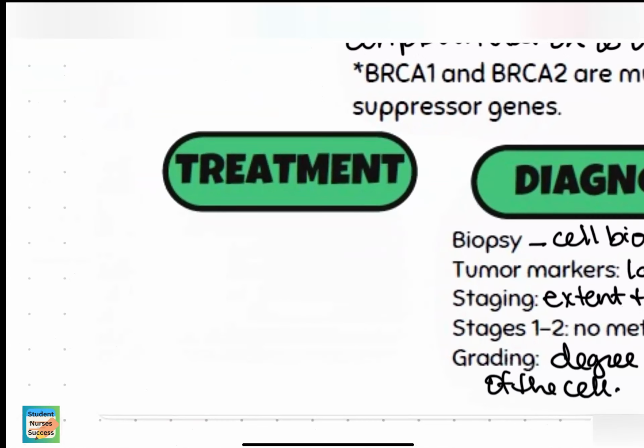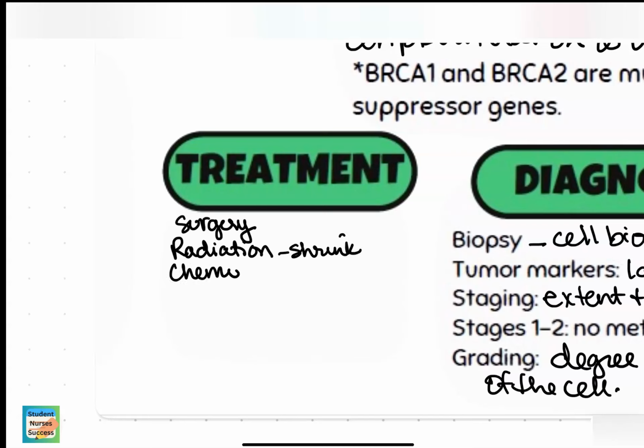And so our last one here is treatment. Every day we're discovering and trying new treatments. They include such things like surgery to actually remove the cancer, maybe radiation to shrink cancer tumors so that we can remove them more easily or control their growth, chemotherapy that actually kills cancer cells,